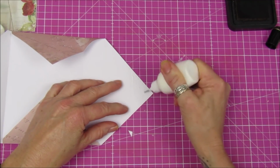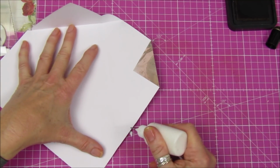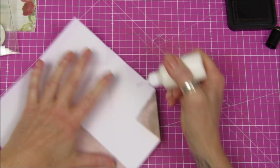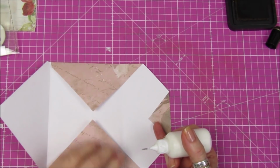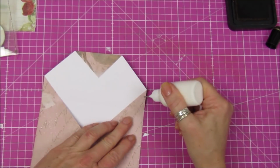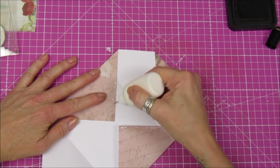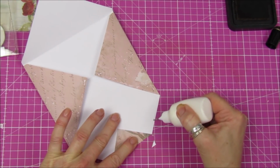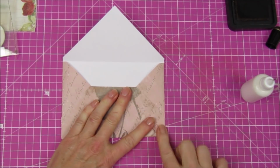So a little bit of glue on this flap, just sticking it down with some tacky glue. This little triangle there, we just want to stick down like this. These are so simple to make, and I'll pop a link actually to the mini ones that I made. If you haven't seen the mini envelopes, they are so cute and so simple to make. Let's just pop some glue down this way, and then along this bit here, and then fold that up,